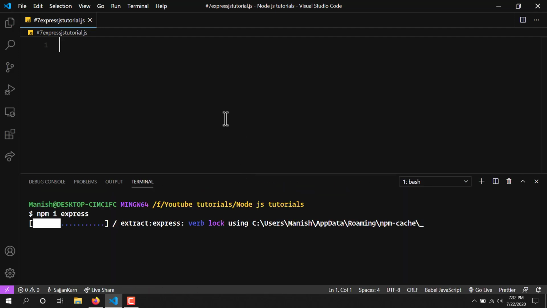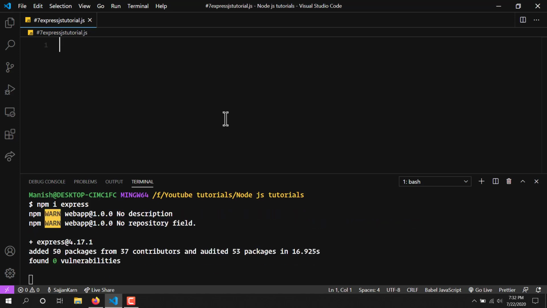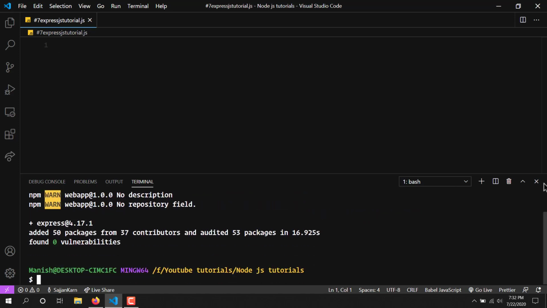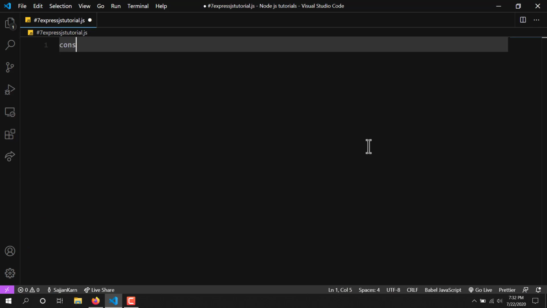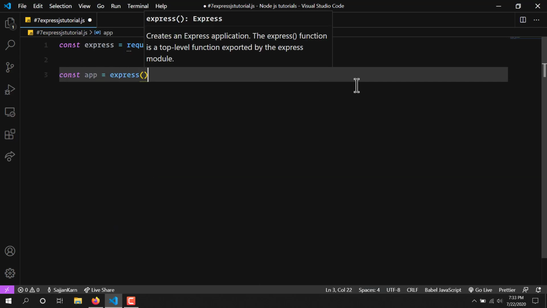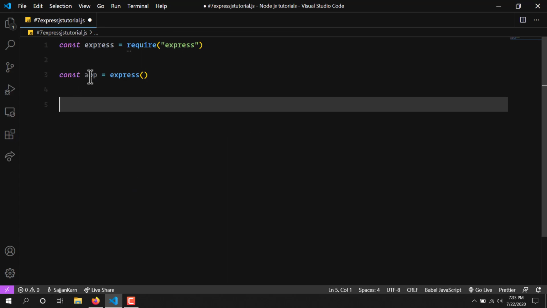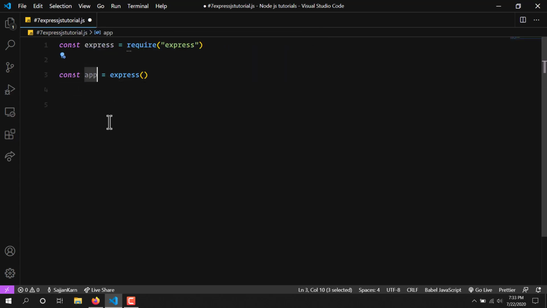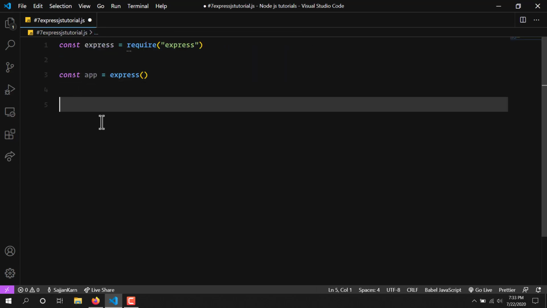So this is the basic use of Express. First you have to require the express module, and this is very simple, trust me. As you can see, we required it. Now we just need to create an app, and this app will hold all of our requests like get and post, and will help us create our web server. We also have to define the port here.